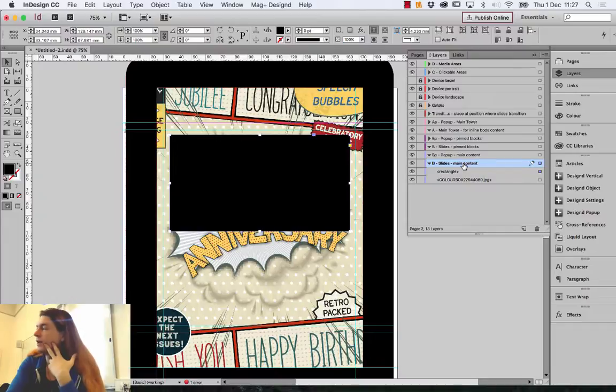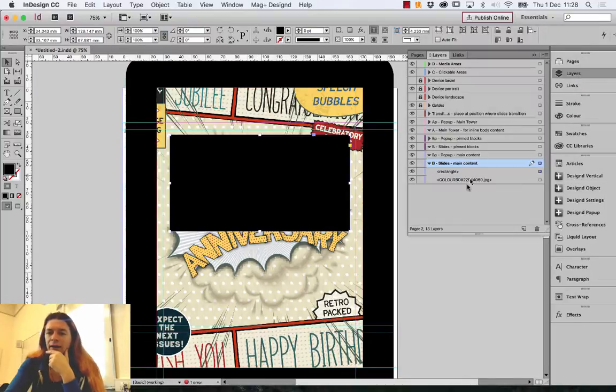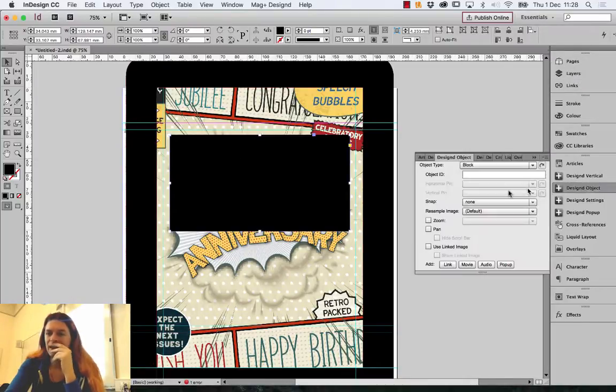So it could be on the main content. It doesn't have to be on pinned blocks if you know that it's going to be always located here in the layout. So after drawing this square on the layer main content, I'm going to tell this to become a